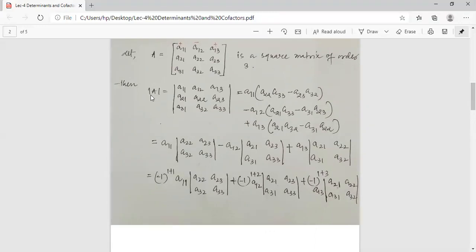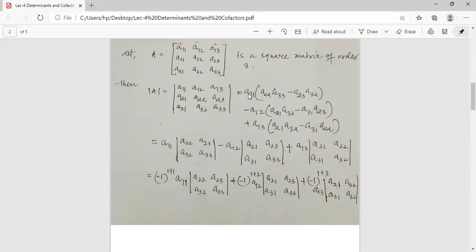Now the determinant of this square matrix A is denoted like this: determinant of A is equal to, write all the elements of the matrix within this vertical bar. Its value will be, if we are finding it corresponding to the first row, then write